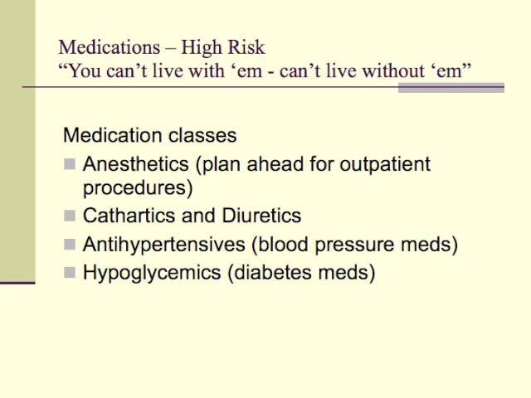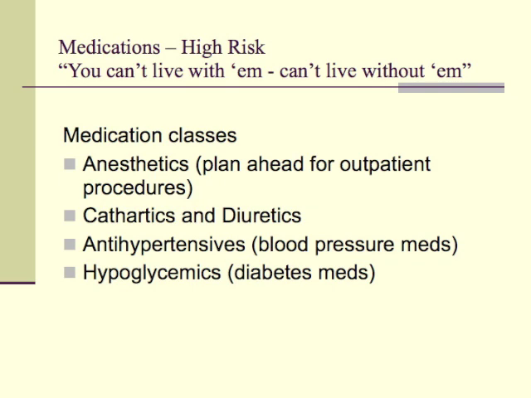The next category is hypoglycemics. With hypoglycemics, and in addition to that category, you have sliding scale insulin, which is on the Beers list as well. And this is because when you're trying to regulate the blood sugar, if someone becomes hypoglycemic, which is when they have too little blood glucose or low blood sugar, they may have symptoms of fatigue, weakness,